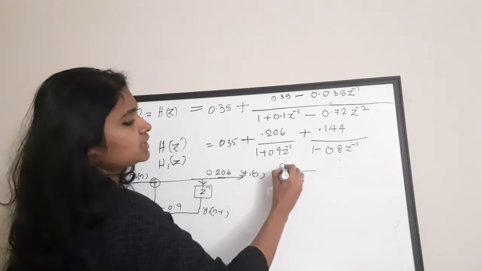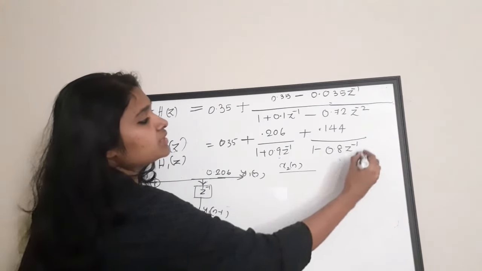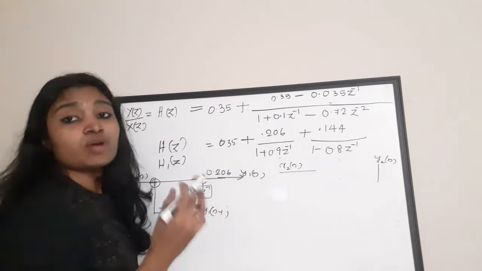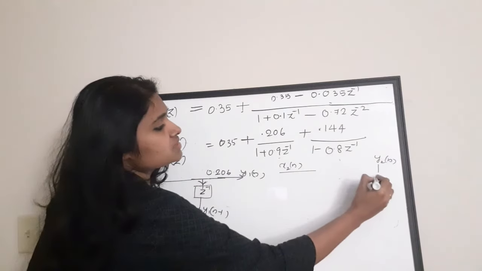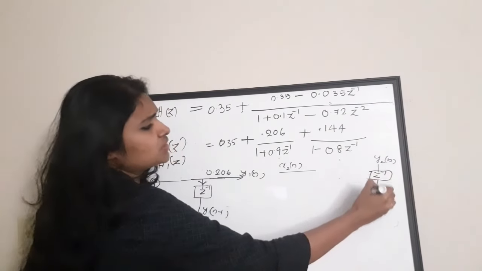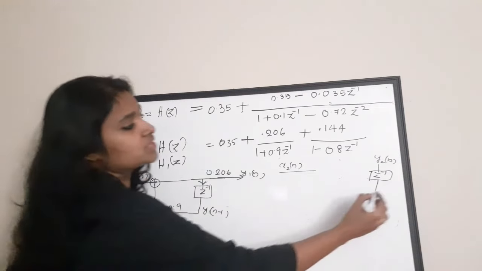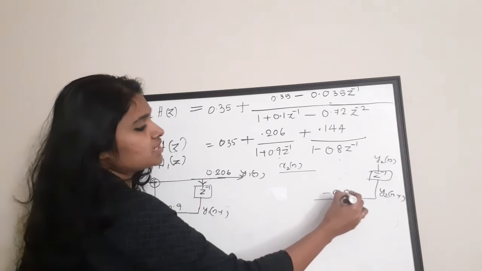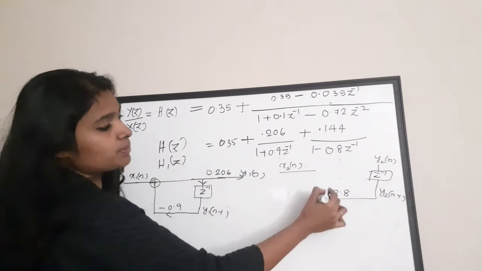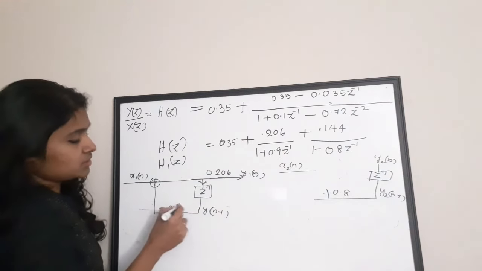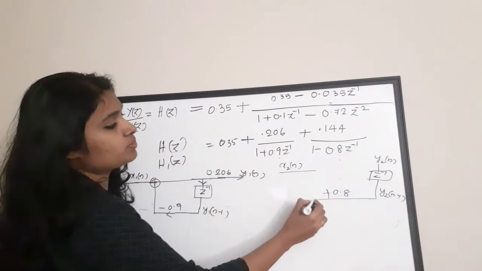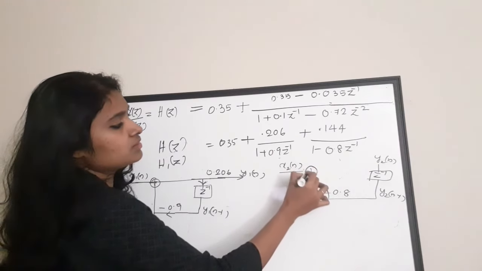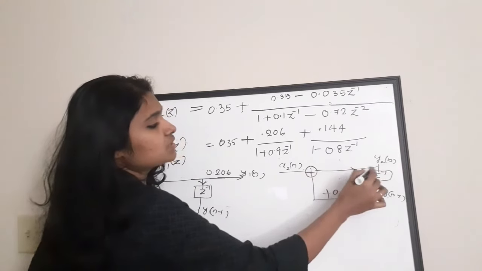So what is that? x2 of n, there is a y2 of n at the output. So this term will be associated with the y2 of n minus 1, so z raised to minus 1. So this is simple logic you can apply. You don't need to waste your time. That is what I'm telling. y2 of n minus 1 is output multiplied with minus 0.8. So this minus 0.8 will be plus. Since here it is minus, here it should be plus. So into this and then plus x2 of n, then your output is coming here, and